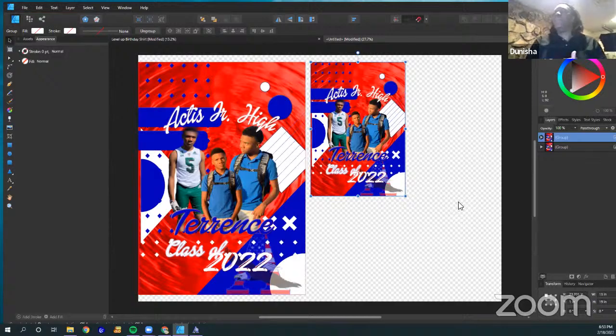Let's see, what else do we have? We have the pillow. Let me go grab that one. I'm trying to fit as many of these onto one page as I can. Trying to utilize all of my space. So let's go ahead and open up our pillow. Let's see what size that's going to be.